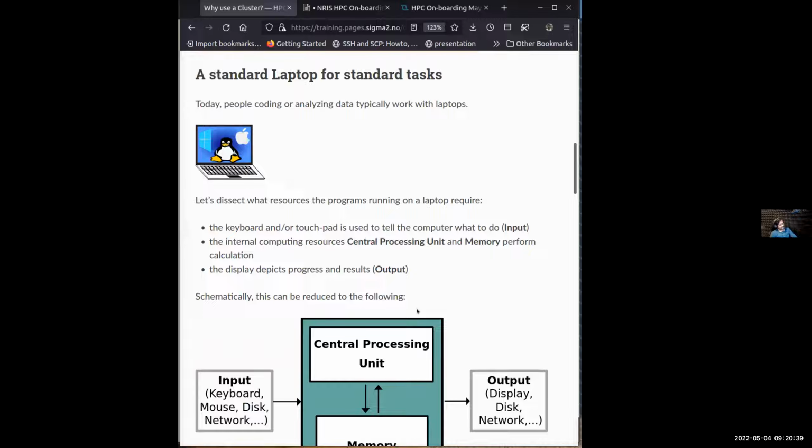Let's have a look at some basic concepts about the things we are going to talk about. So let's take the laptop that many people are used to. We have a screen here, a display that you could see what's going on, and a keyboard to input things. But there are a lot of things inside this that make the processing, analysis, and everything possible.